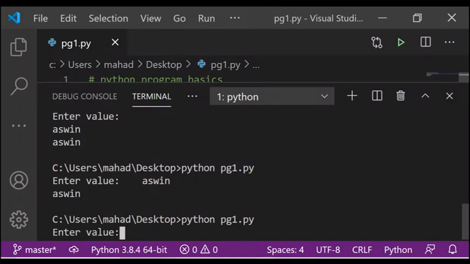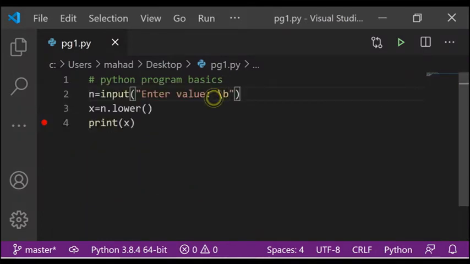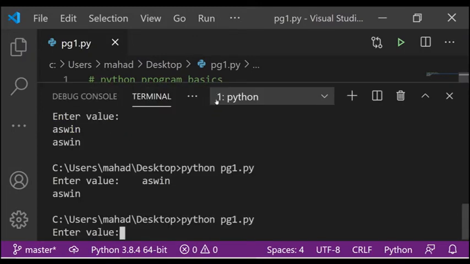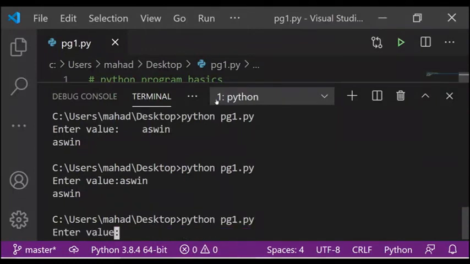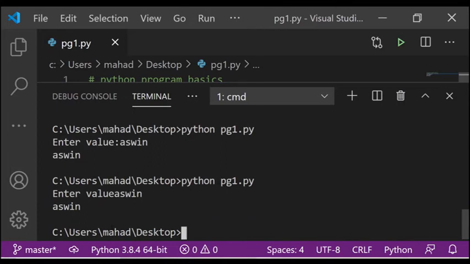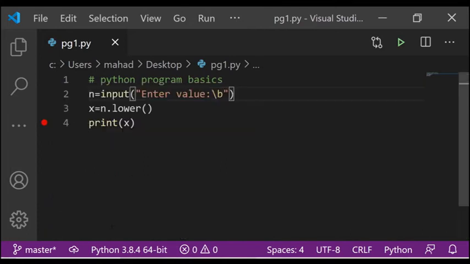I did give a space here, right? If I didn't give a space, let me run it again. See, it is staying right above my colon. See, my colon is gone because it got backspaced. So \n, \t and \b are some values which can be used inside the string itself.